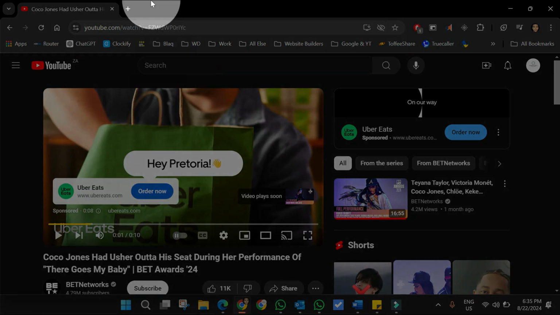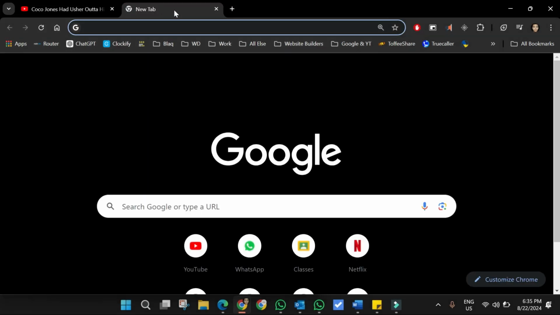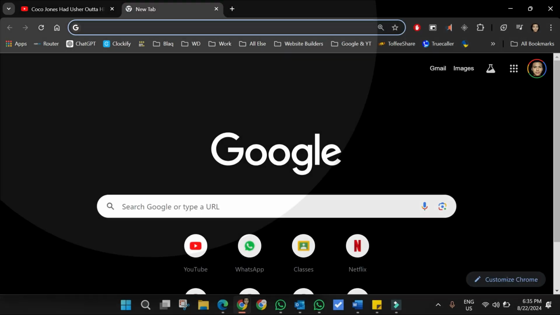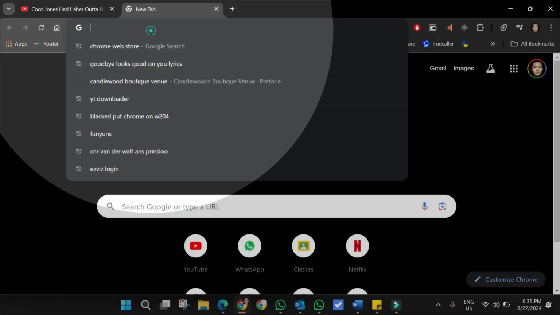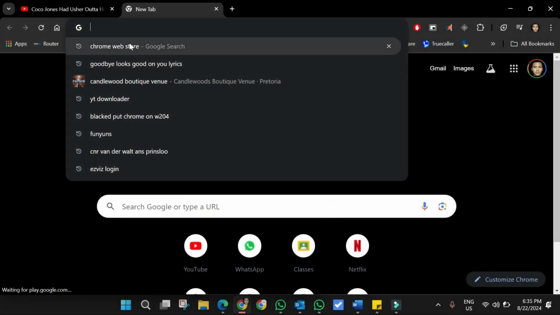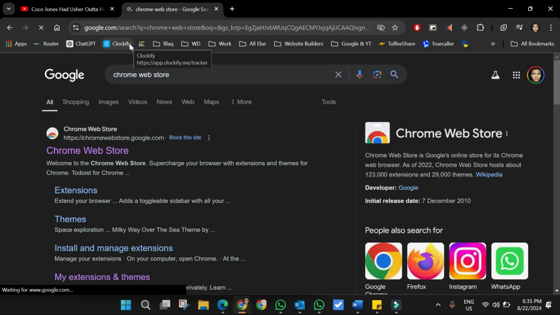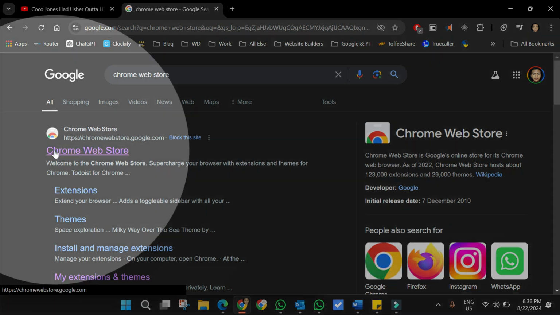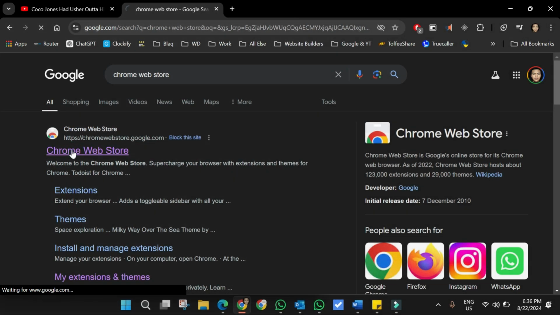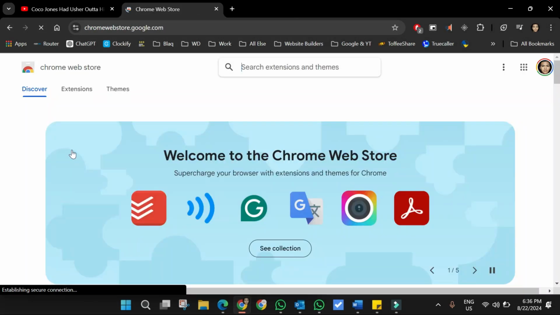So first, open another tab, and after opening another tab, just search for Chrome Web Store. So type Chrome Web Store in your browser, and the first link that you find, this one here, click on that to open it. And here you're just gonna look for